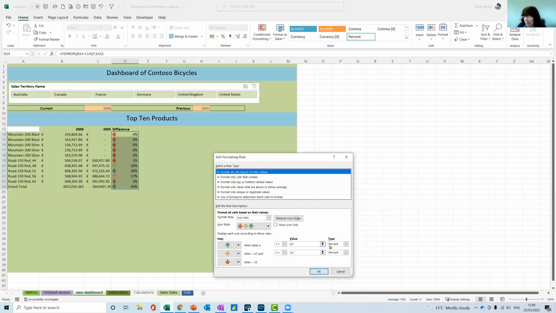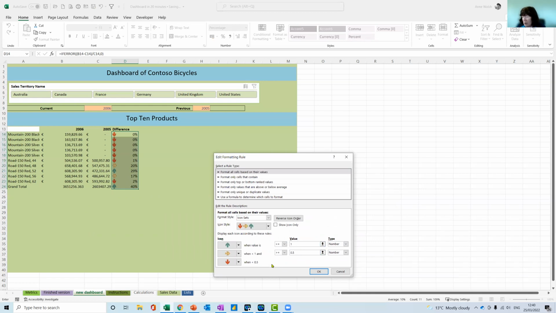Go to edit rule. And I'm going to change this to number because I know when I've done it with percentage, it hasn't always played ball. So I'm going to say basically if it's greater than, for example, let's say 100%, and that would be spectacular growth figures, okay? And let's say this one is going to be, well, these are all percentages, 0.5,